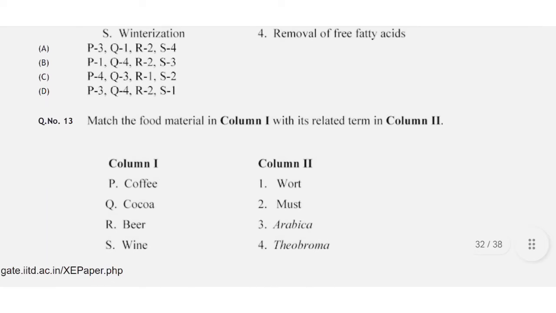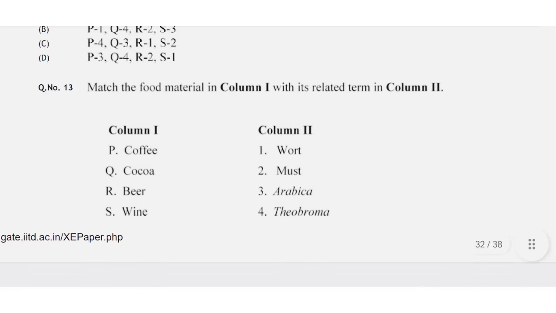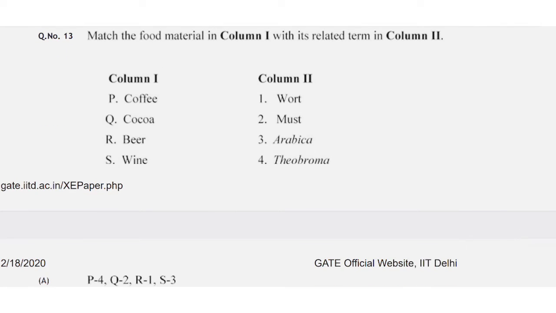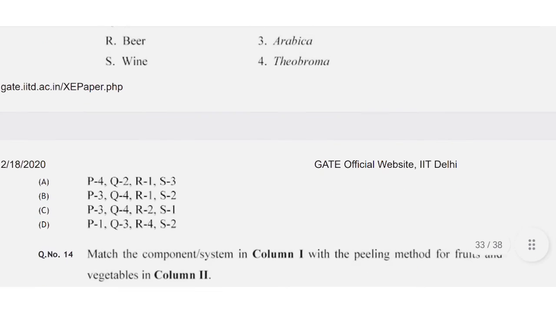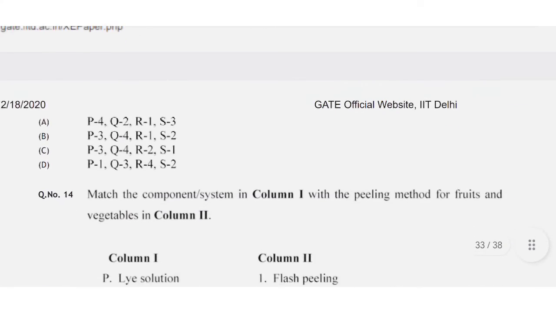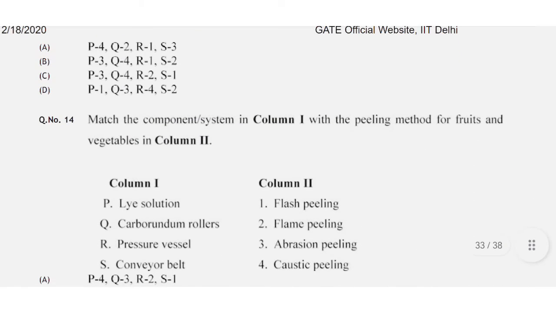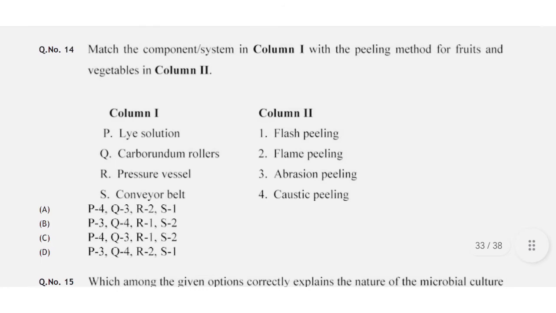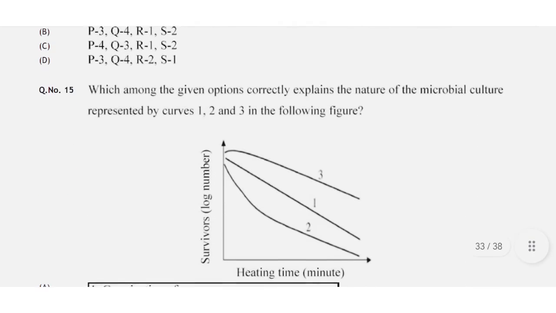For question number 13, match the food material in column 1 with its related term in column 2. The right answer is option B. For question number 14, match the component system in column 1 with the peeling method for fruits and vegetables in column 2. The right option is option C. For question number 15,